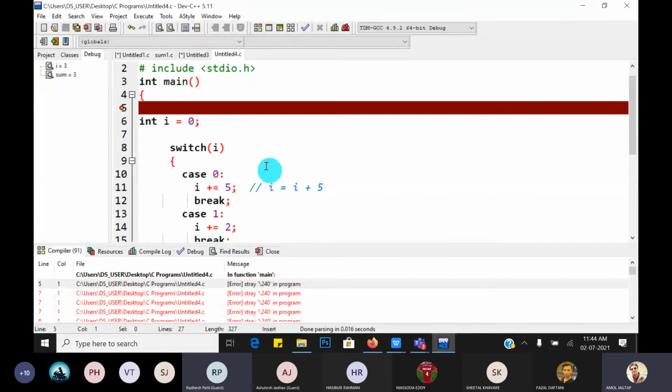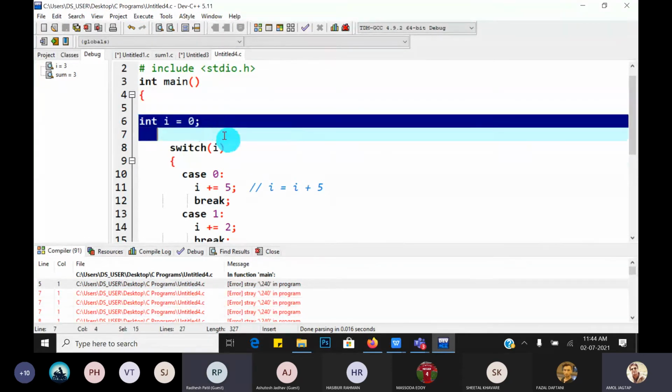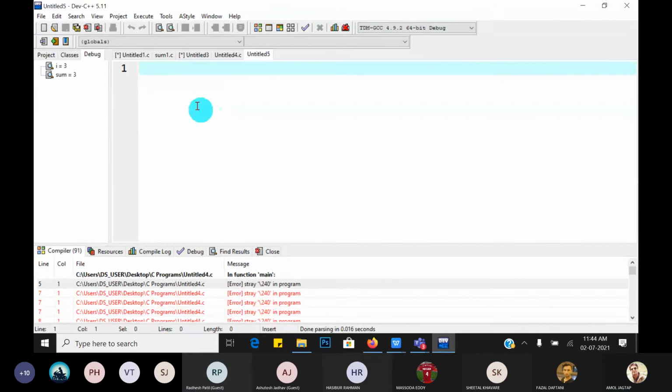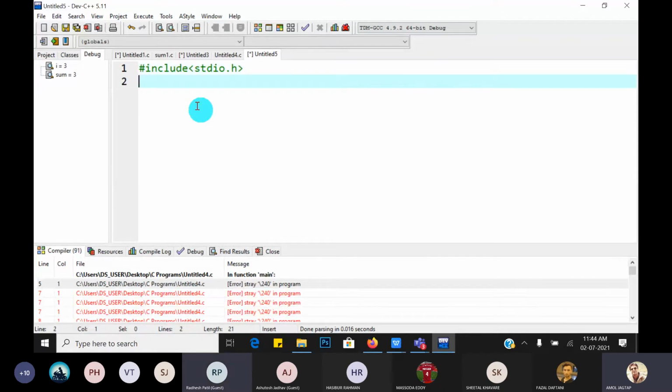Okay, so now this type of error occurs. So what I have to do is create a new source file, because it is not a supported text format. stdio.h. Okay, then int main.